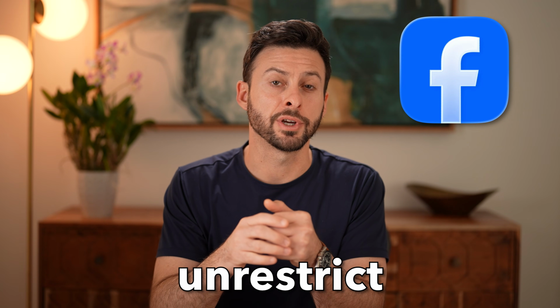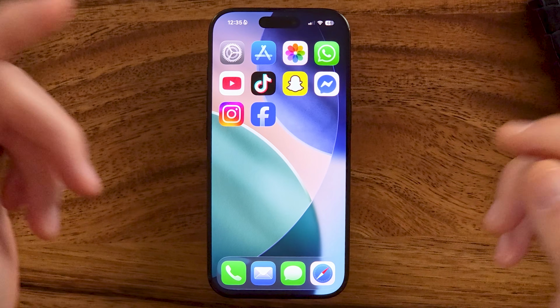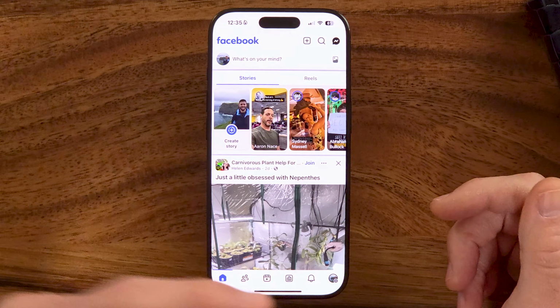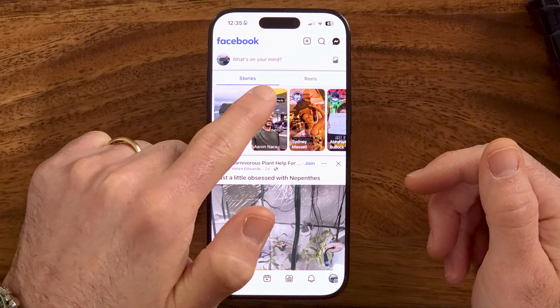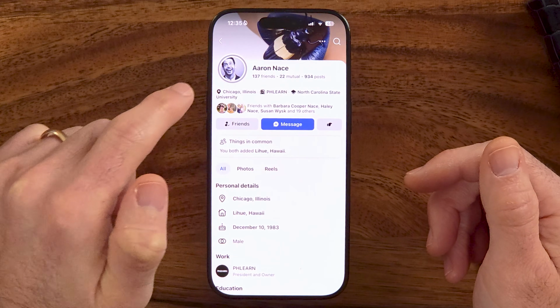Here's how to unrestrict someone on Facebook. Now, if you have the Facebook app opened on your iPhone or Android, or if you're on Facebook.com, you can always unrestrict that person. Keep in mind, when you're on Facebook, let's say I go to my brother's account here,